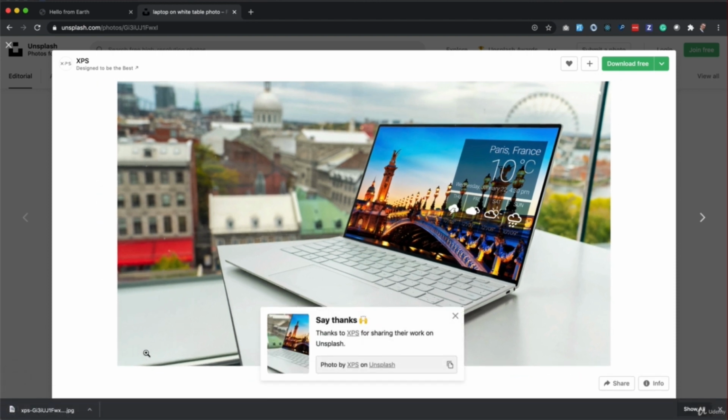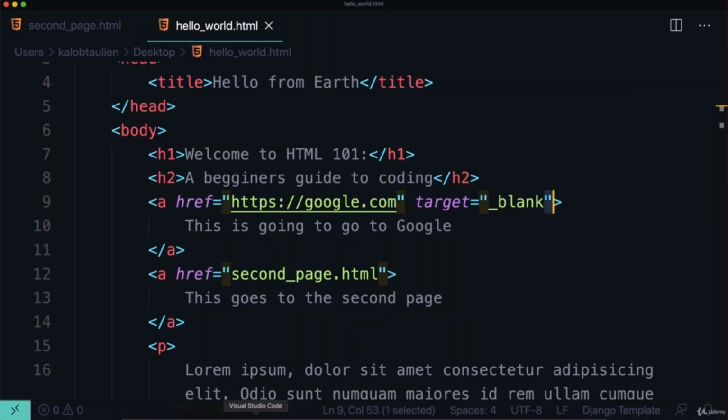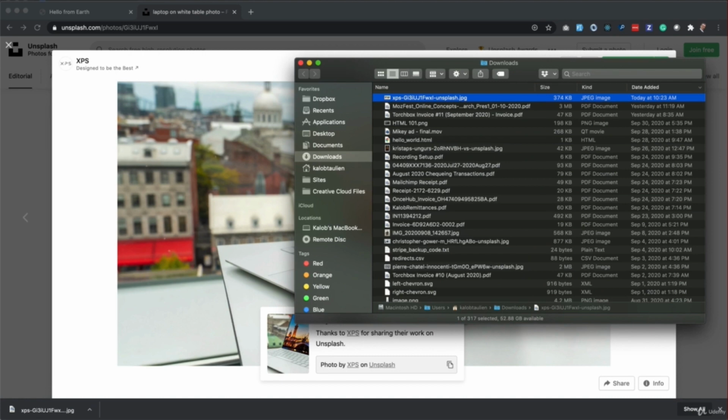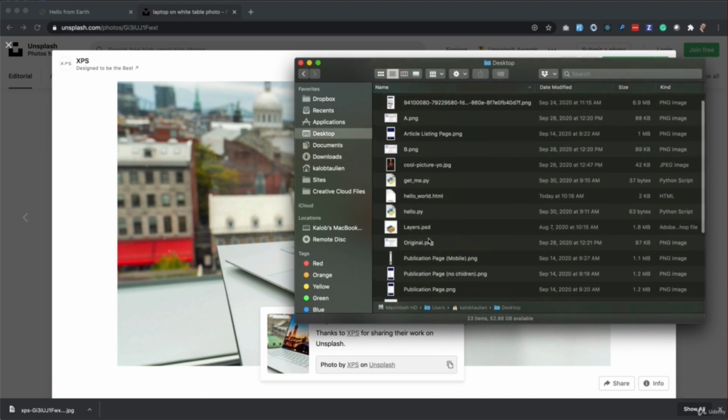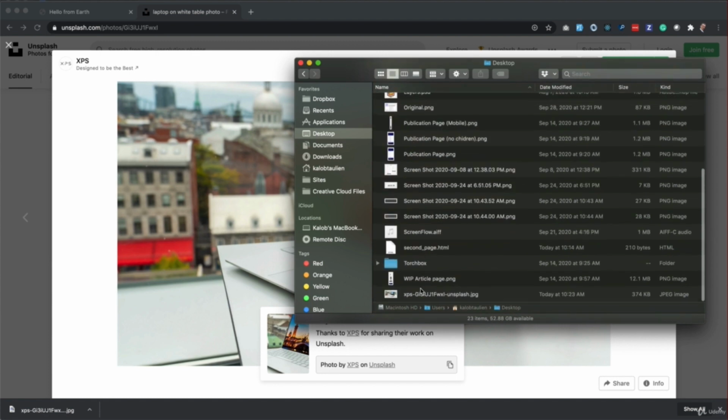And now this is going to go into my downloads folder. And I actually want this to live beside my Hello World and second page, and that's on my desktop. So I need to open up that folder and move it into my desktop. Otherwise, this is not going to work. So if I just copy this file here, go over to my desktop, paste it, and where are you? Right there. Let's call this